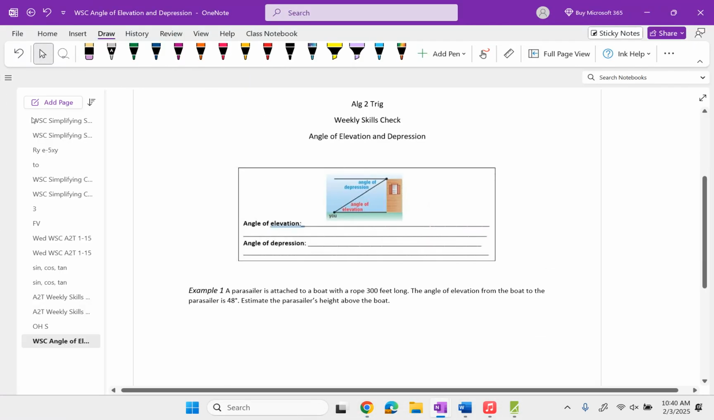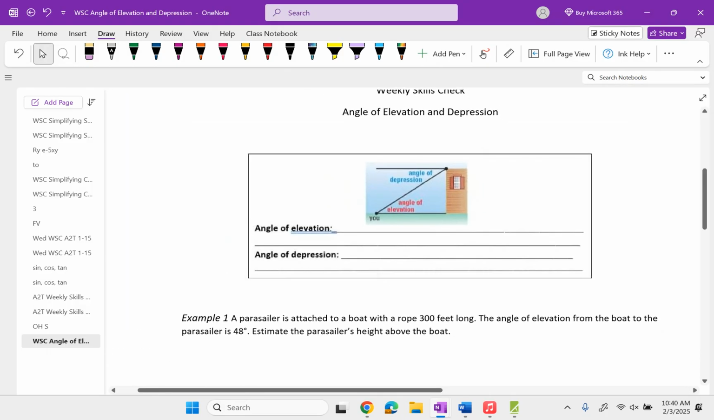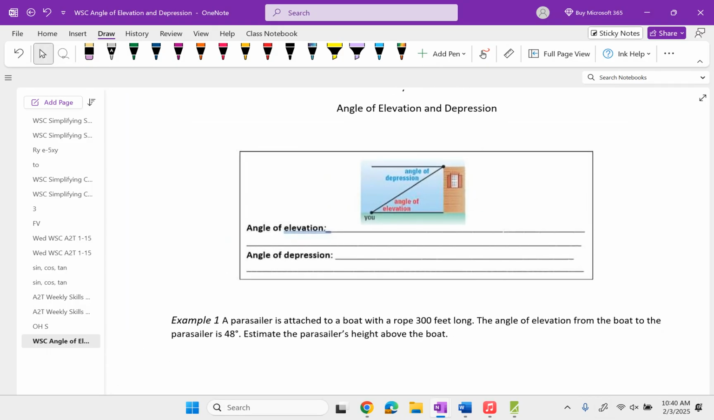All right, so it should look like that, right? I'll give you a couple seconds to get there, while I get there on my other side here. Okay, so